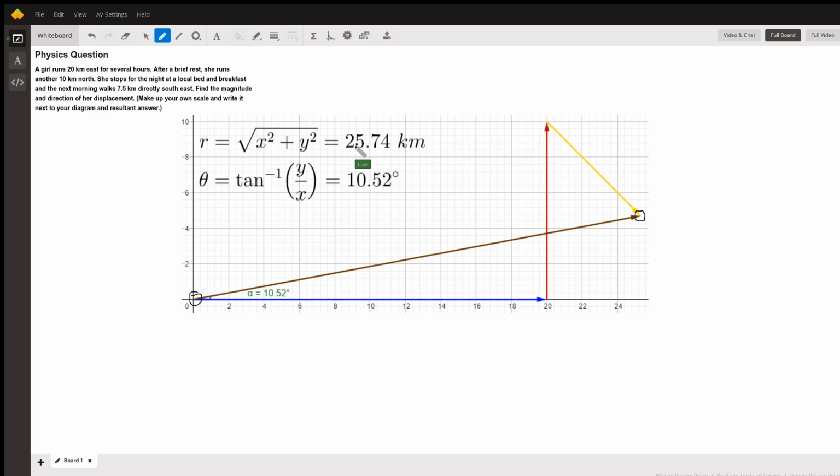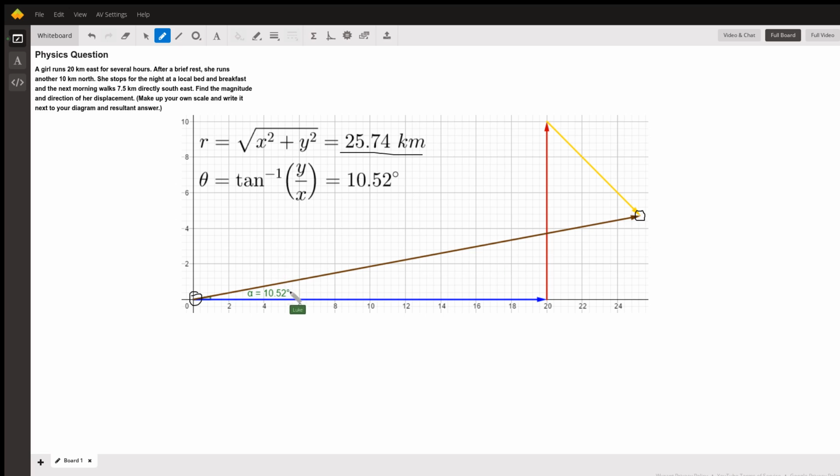So let's say I had to create this graph and I was doing it at 2 kilometers for every 1 block. So this would have been like 10 blocks or something. So technically this would have been like 12.55 or whatever that is, divided by 2. So I would then be like, okay, well, if mine's 2 kilometers for every 1 block and I have about 12 something blocks, I have to double my number to get what the approximate R would be. And then theta,